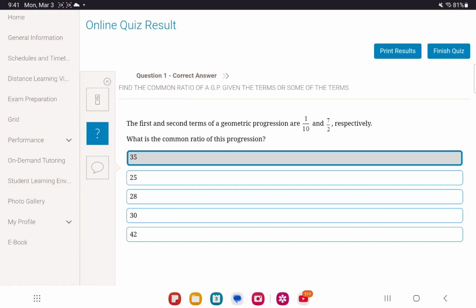Okay, so for the first question, the key words in this question are geometric progression. Okay, this is the key word. Whenever we say geometric progression and they want the common ratio, that means that you take the second term, so 7 over 2,